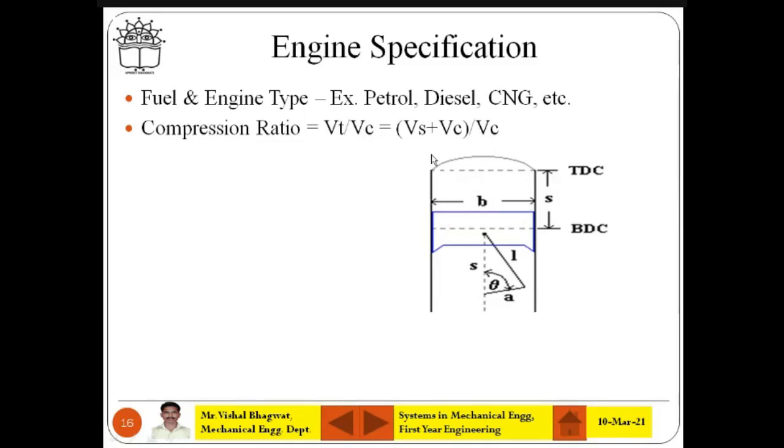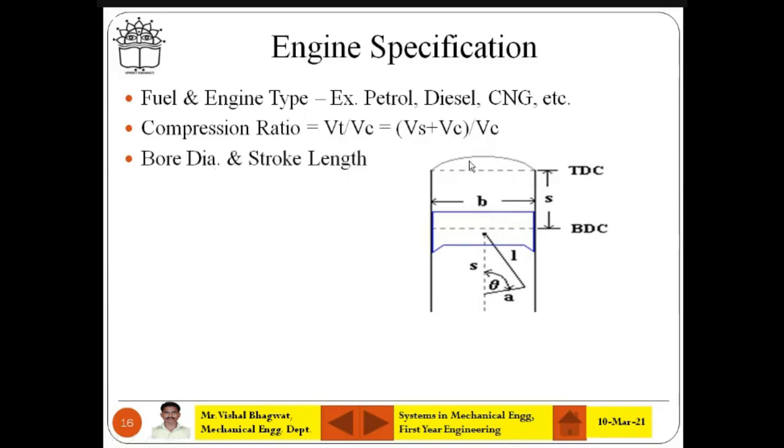And as diesel has the maximum compression ratio, the diesel engine has maximum power. Remember, the diesel engine has maximum power. That's why you can see diesel engines in trucks, buses and tractors. Nobody will fit a petrol engine there. Understand this? It is because of the compression. Higher the compression, higher the power. So compression ratio is the total volume divided by clearance volume. Clearance volume is the space left inside the cylinder above the TDC, up to this curvature, because the piston cannot go there. The piston is moving between TDC and BDC.